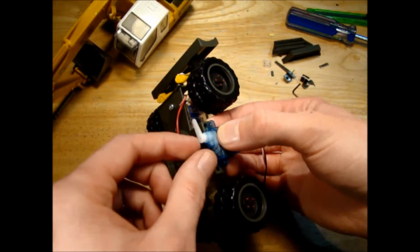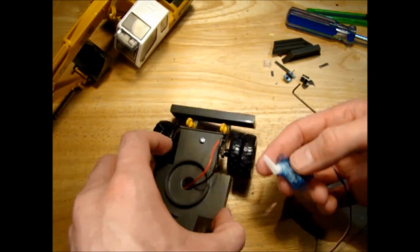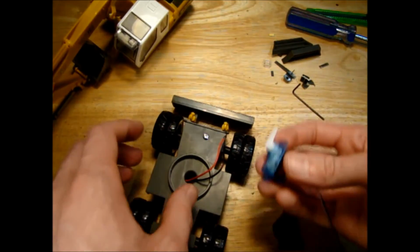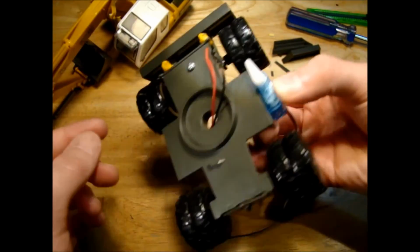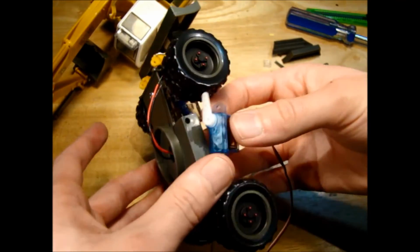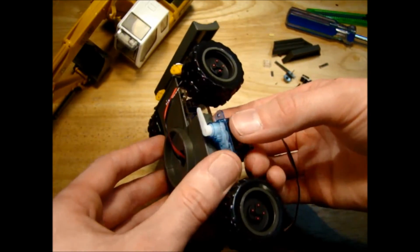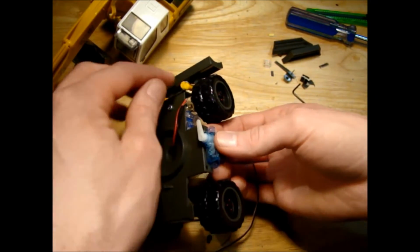Mounting the servo vertically will be able to save a little bit of space down here, because we're going to need room for the slewing mechanism and the steering servo. Maybe I could mount the dozer servo vertically here and the steering servo vertically on this side, and in that way we'd be able to save a little bit of space. So the first thing I really need to do is just to test out if this servo is fit to